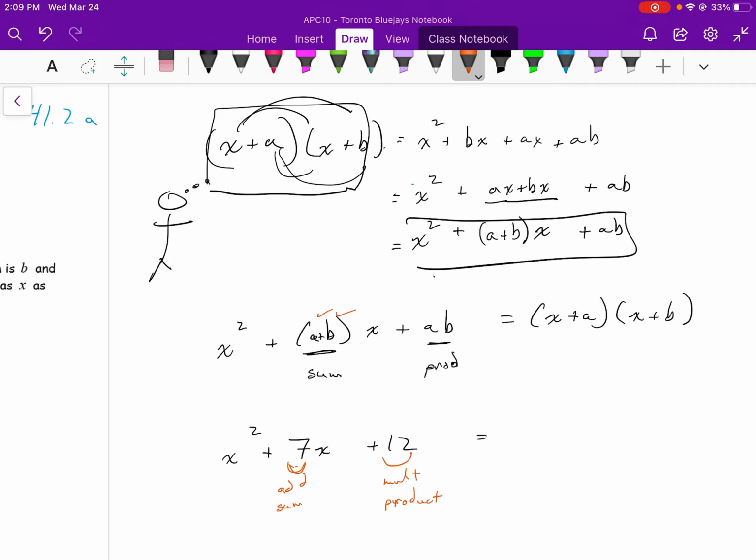Well, what are those two numbers? Those two numbers will be a and b. So tell me two numbers that multiply to 12 but add to 7. 3 and 4. That's what we're going to be doing. Let's actually get ready to do